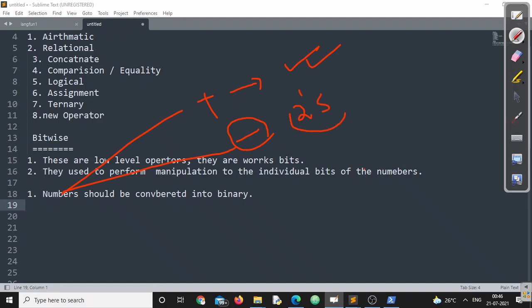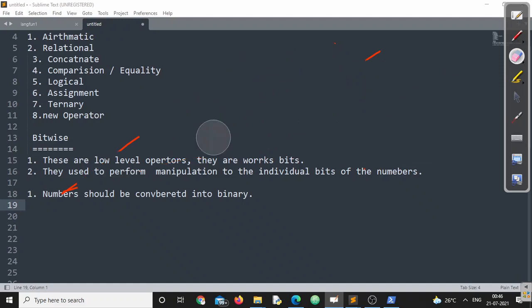I think this particular part we have clearly discussed in data types, when we were discussing different data types, different types of whole numbers. If you missed that video, please go and watch that video and come back so that you can understand how things are going on. I repeat, as we know, numbers can be positive or negative, right?